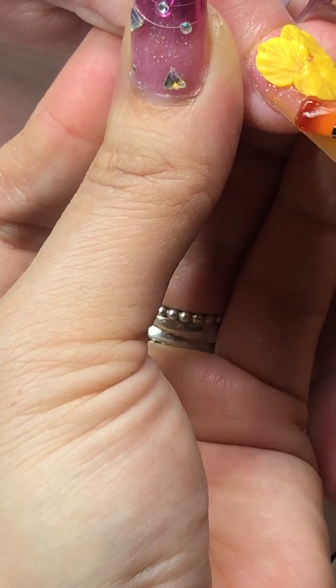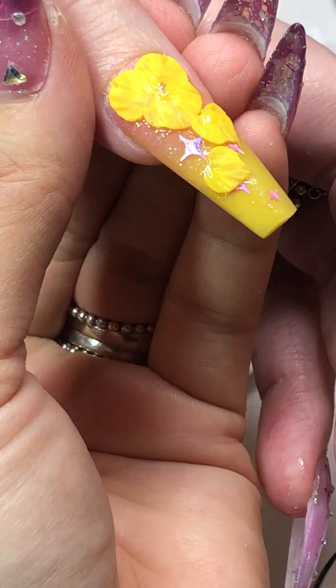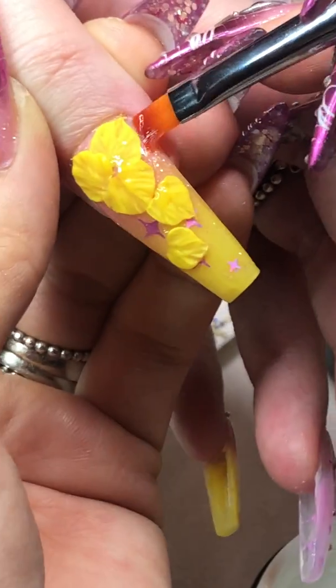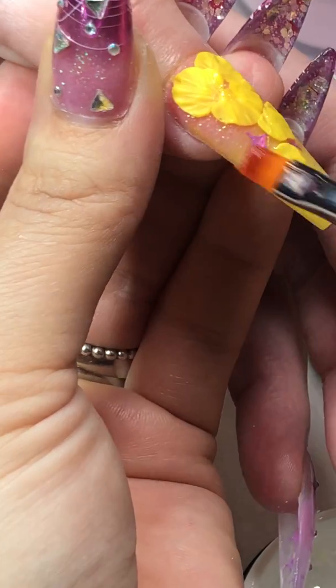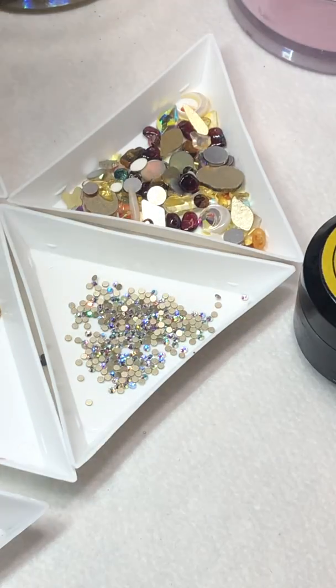I'm gonna apply to all of them, because you never know. I always come up with something, even after we're done with the clients, like put it on, and then the clients want some more crystals on, or they want something. I just want to make sure I'm ready for it. And if you're not, then it's totally fine, because you cap it with the no wipe top coat and it looks good anyway. All right, close my cap on,